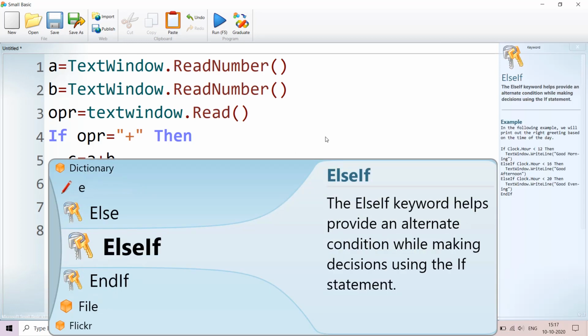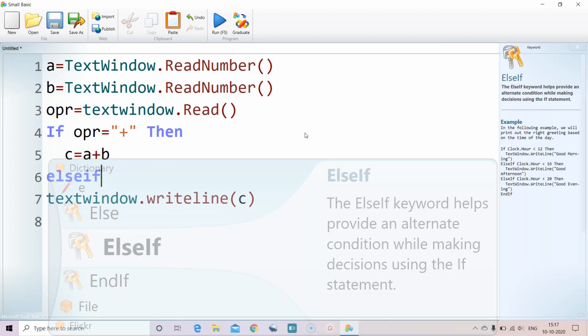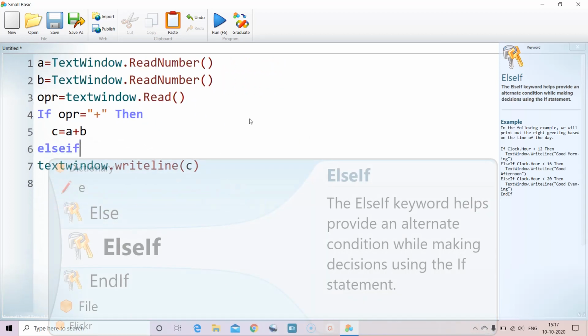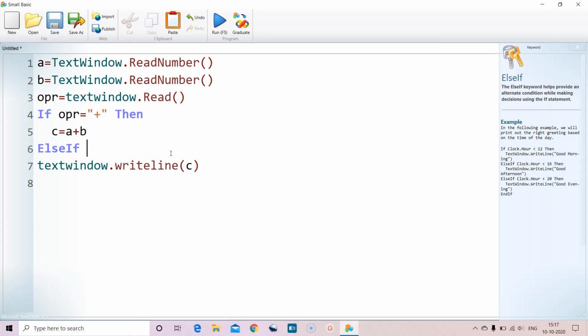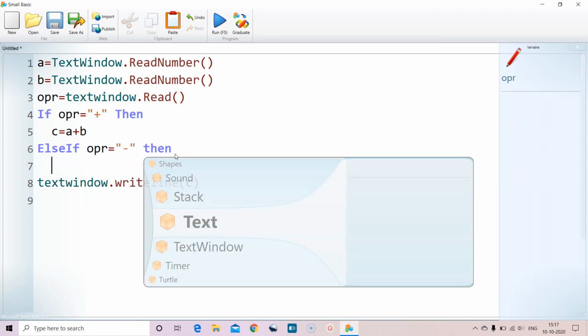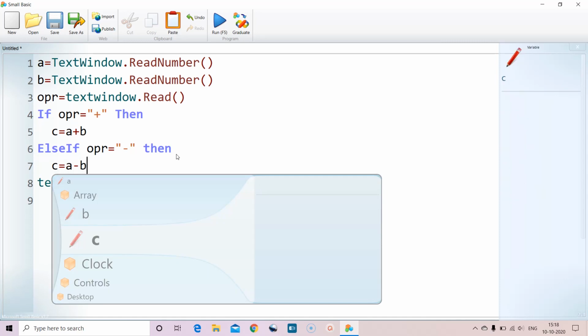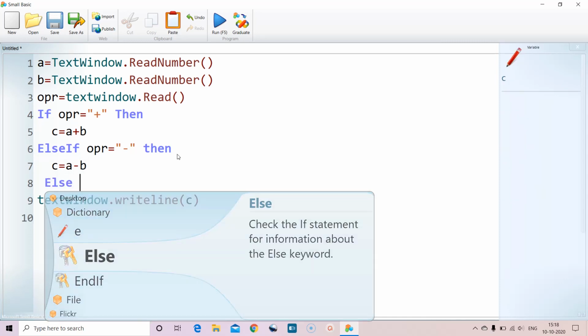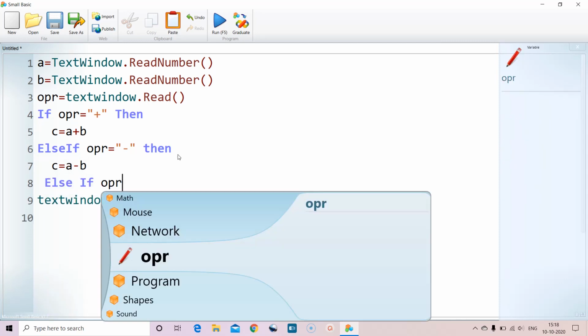Else if, I am making the number small. Else if operator equal to minus, then c equal to a minus b, else if operator equal to star.